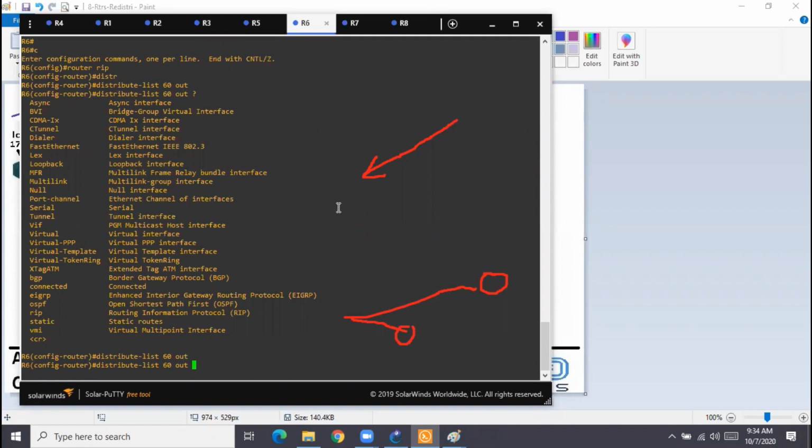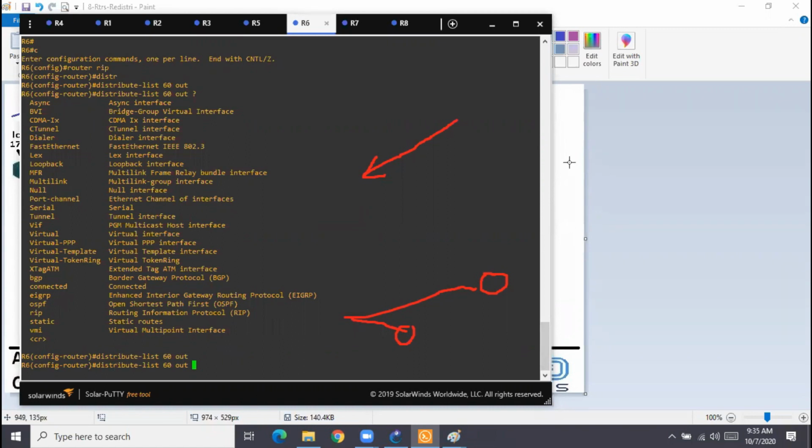Configure accordingly. I'm not specifying where it is to be done or which router, but I'm saying who is supposed to do the filtering: R6. Now, what to do? Should I put an interface or not? I will not put the interface.